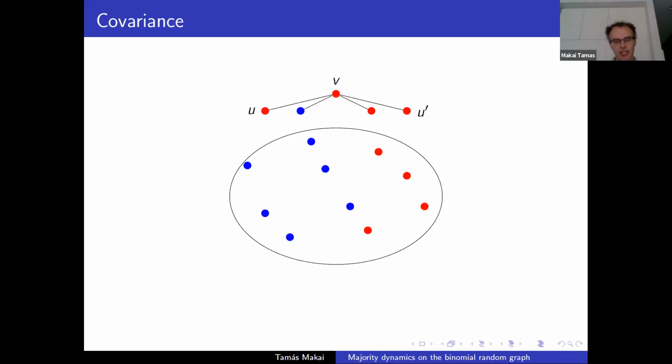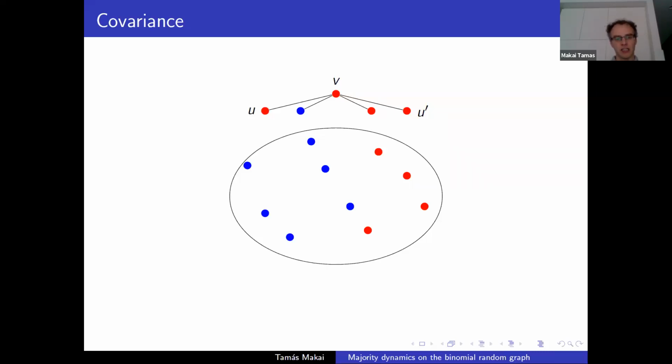So X is the sum of indicator random variables. The important part to calculate is the covariance of the pairs of indicators. So far we have exposed the initial color of the vertices, and this is where exposing the initial color of the vertices before the edges will become very important. And we have also exposed the neighbors of V. Now, if I were to look at U and U prime,